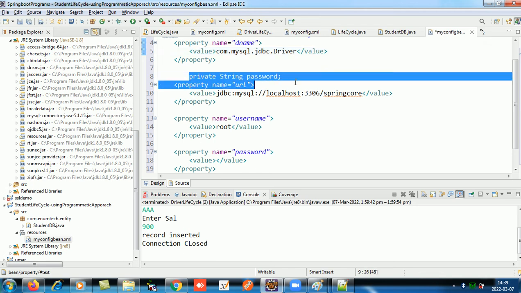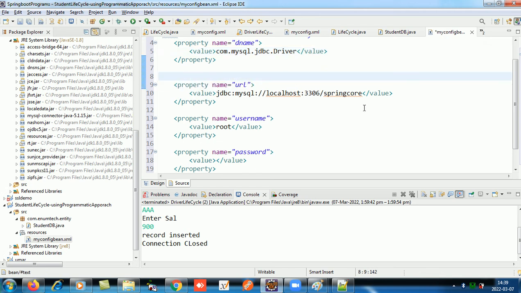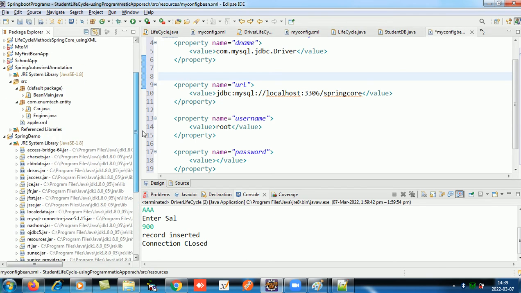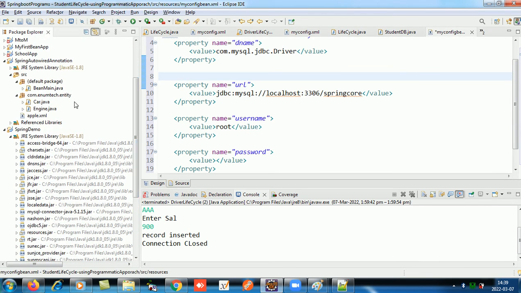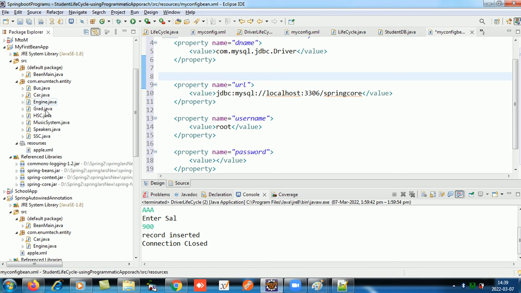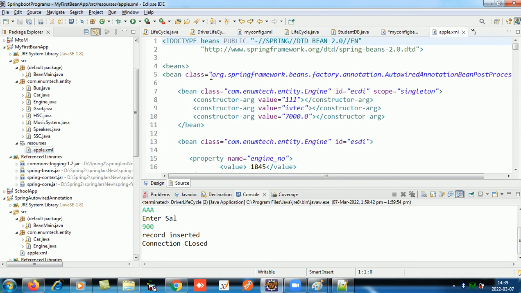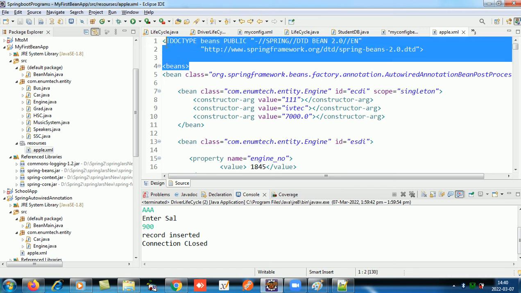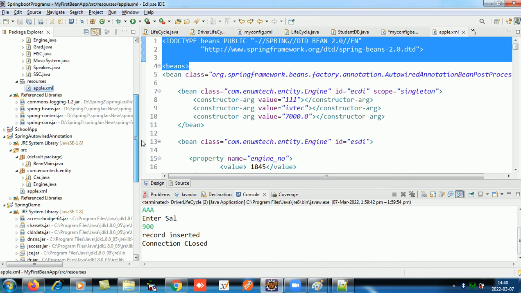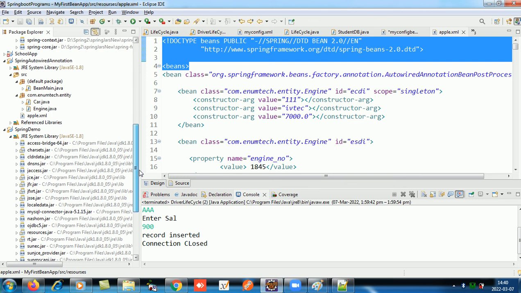Let's copy the DTD from the existing bean and paste it. So if I go to my first bean, and from there I will take, yeah, so we can copy from here to here,